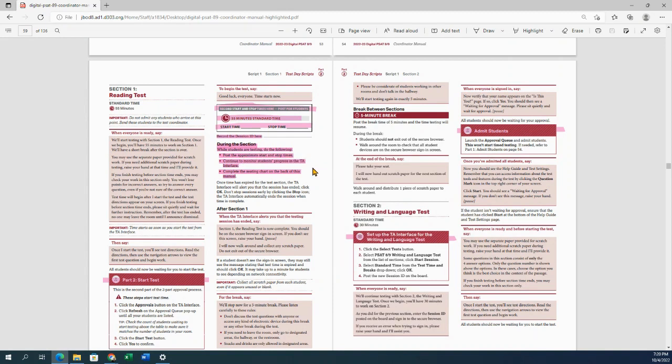While the students are working, you're going to do a couple of tasks. In addition to posting the start and stop time, you're going to monitor their progress in the TA interface. You're going to walk around, make sure they're doing okay, and complete the seating chart on the back of this manual. So you'll progress in that same way through the next test, writing and language, the two approvals to get